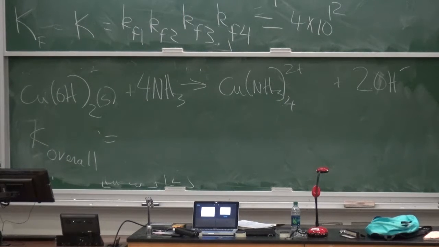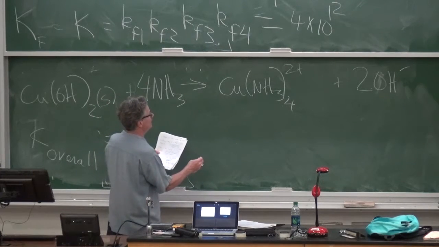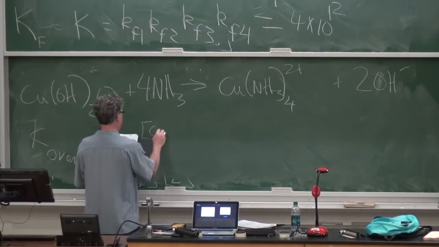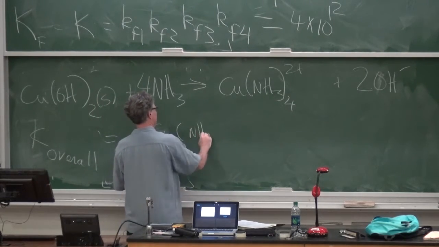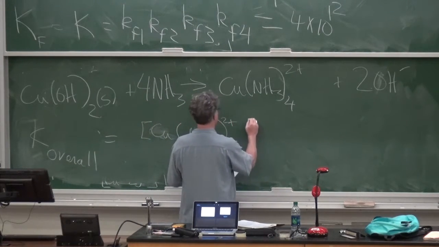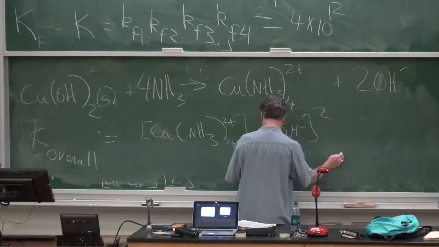Overall meaning it takes into account both of the chemical steps we've written there. K overall, you can write in the usual way. It's the concentration of the copper tetramine complex, the concentration of hydroxide squared,